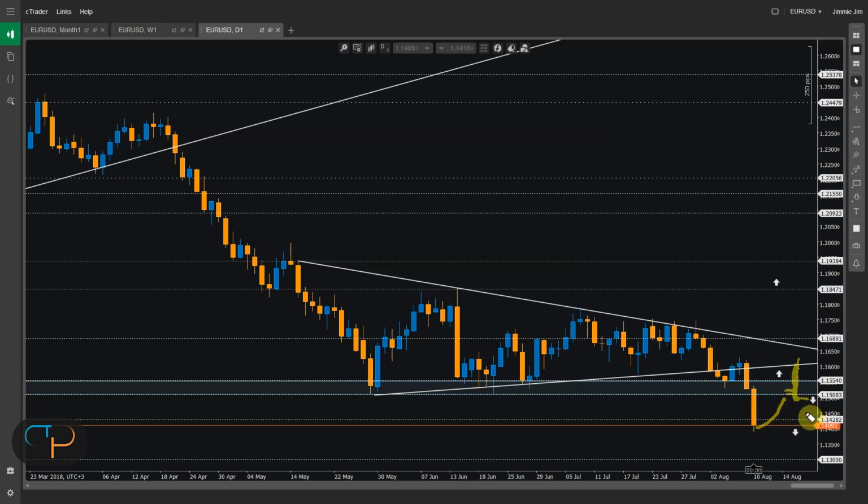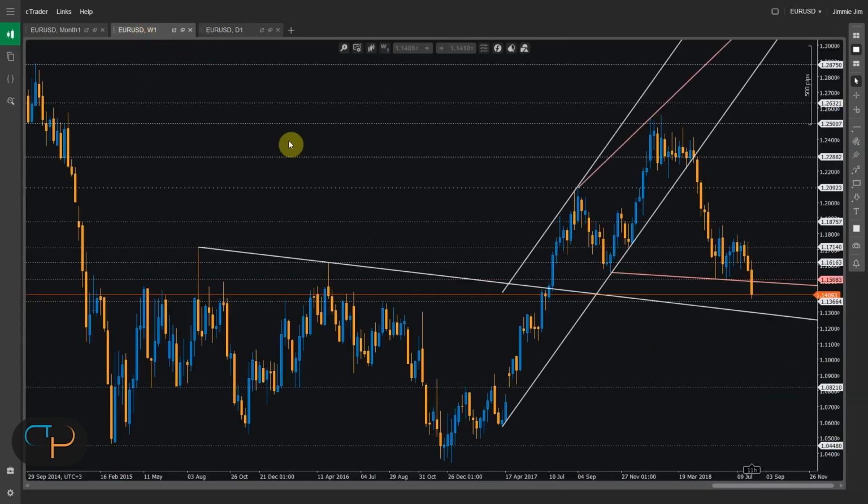And for these selling opportunities, the first target would be around this 1.1428, just above the psychological level 1.14. And for the rest of the trade, or for the trades that are opened within this confirmation, if price doesn't go up and just confirms and begins its downwards move from here, a first target would be this 1.13 psychological level, and the next target would be the next psychological level,